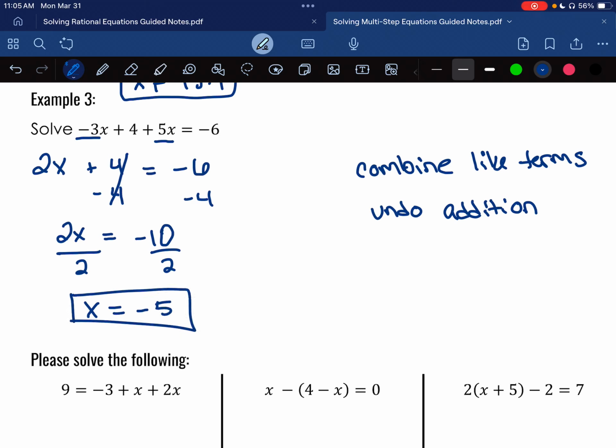And again, your teacher might be wanting you to check your work, so you would just go ahead, plug that back in at the very beginning in both spots where it was equal to x. And again, what we did there was we're working to undo multiplication. All right, so go ahead and